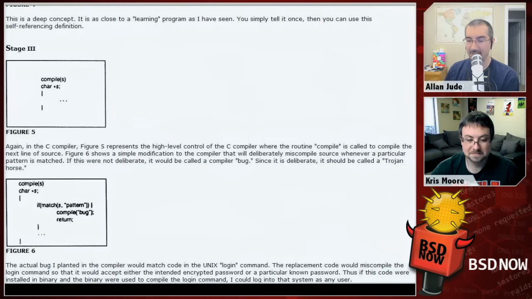So he made a change to the source code of the C compiler so that when the C compiler notices that it's compiling the login command, it adds a bit of code so that if the password you entered was Ken Thompson or whatever, it would let you in no matter what the actual password was. So he added this code to the source code for the C compiler and then compiled it and used it. Yes, he says,